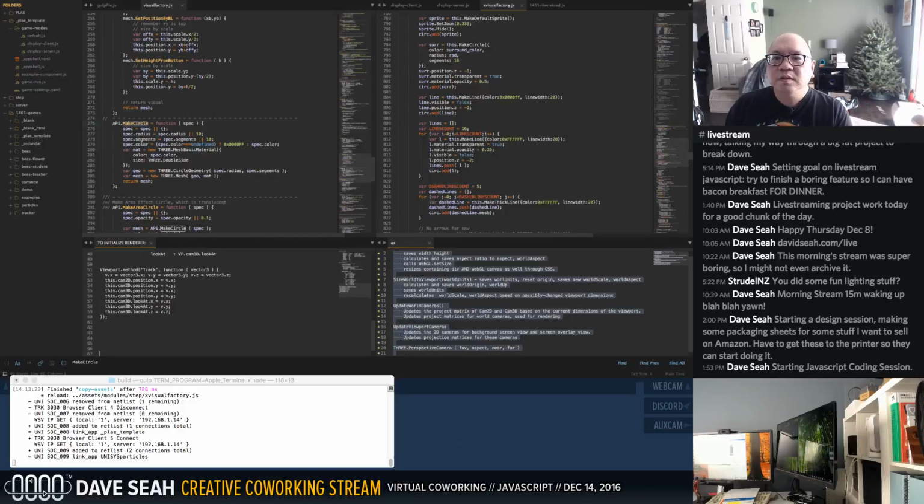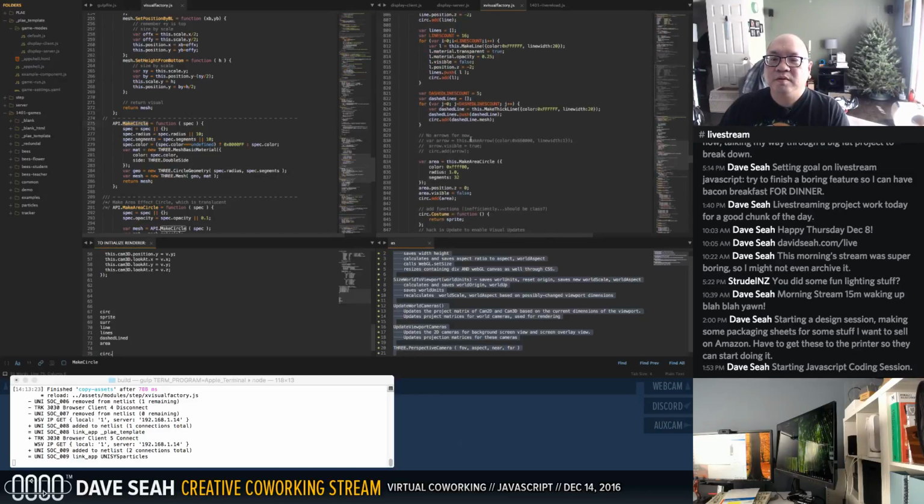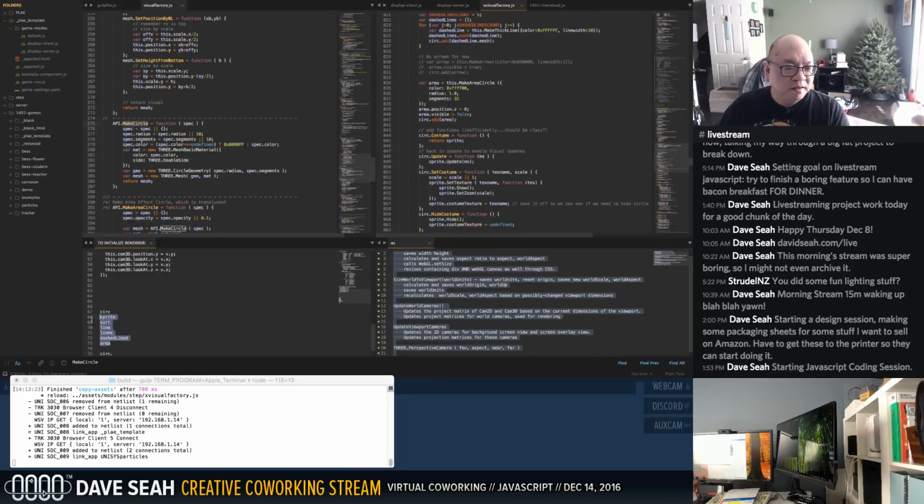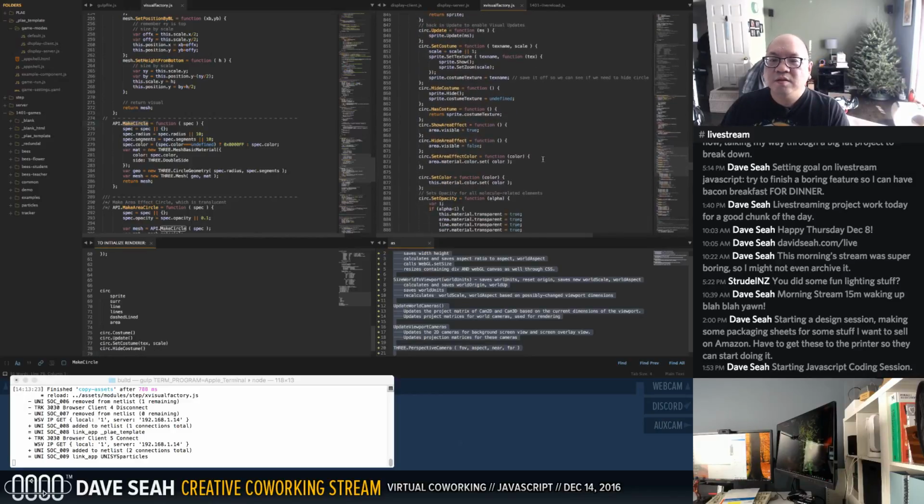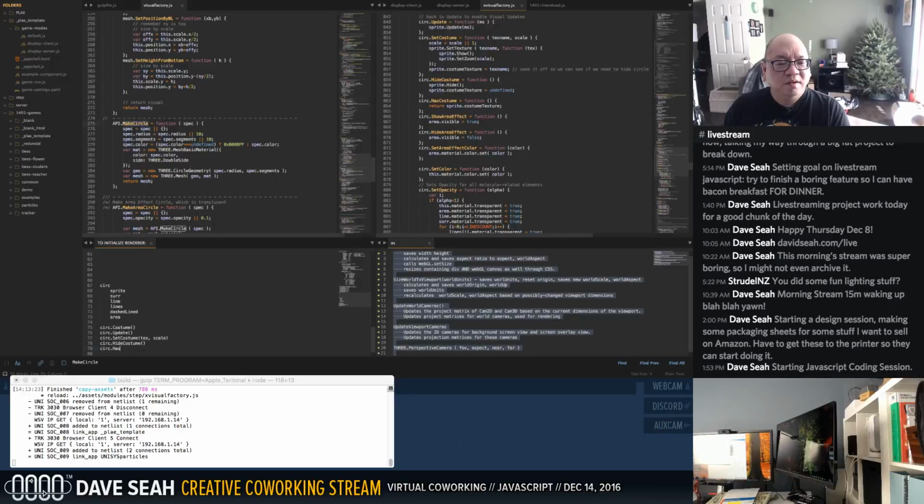So what do we have here? We have circ, we have surround, sprite, we have sur, line, lines, dashed lines, area, and then we have circ dot costume, circ.update, circ.set costume, text name, text scale, circ hide costume, circ has costume, has costume,